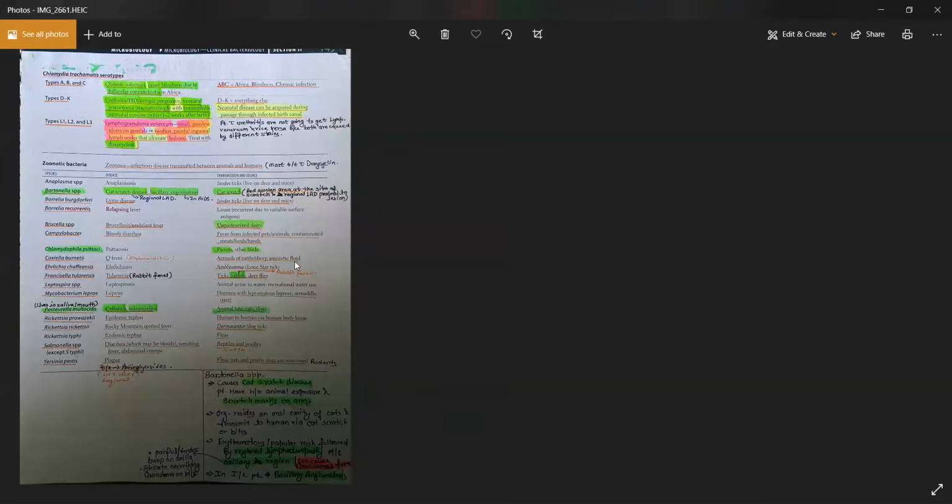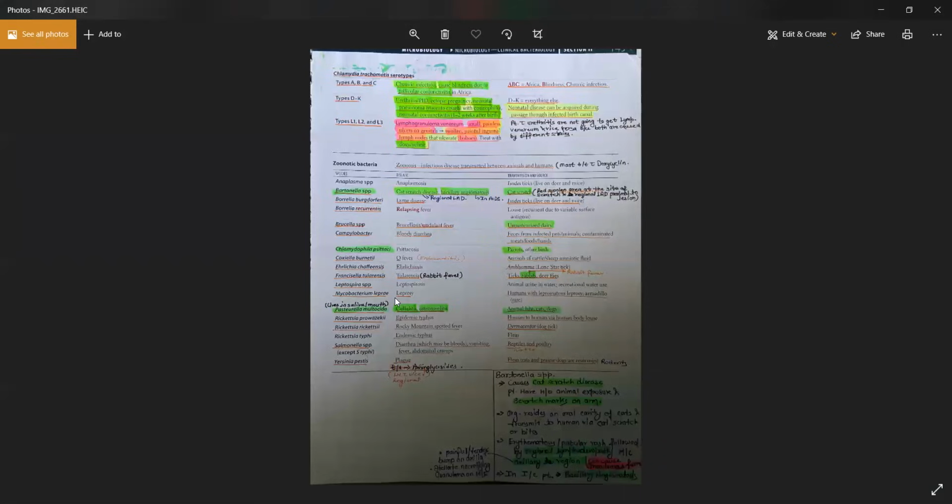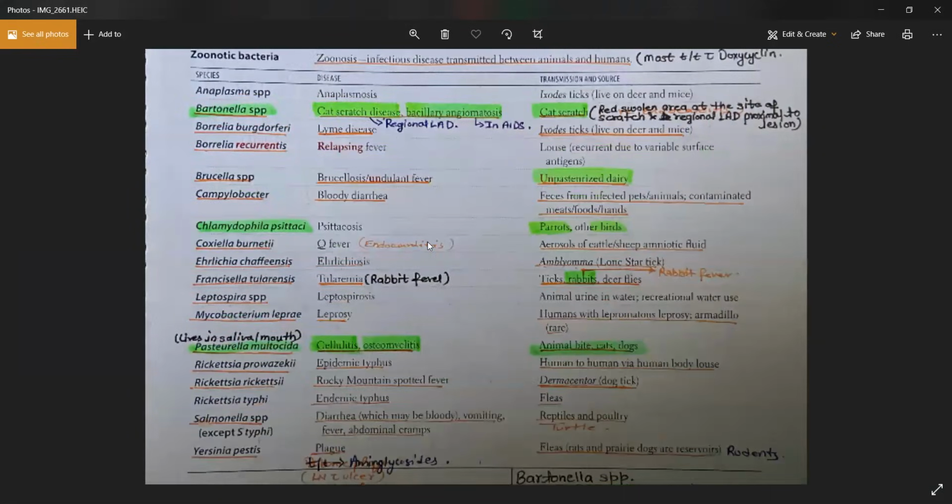Then comes the zoonotic bacteria, which are the bacteria that cause infection from animals. So you will acquire the infection of these bacteria from animals. First is Anaplasma, like I told you, exotics harbor this infection. Then comes Bartonella, which causes cat scratch disease. Very important, you will acquire this bacteria from a cat bite or a cat scratch, and that's why the name